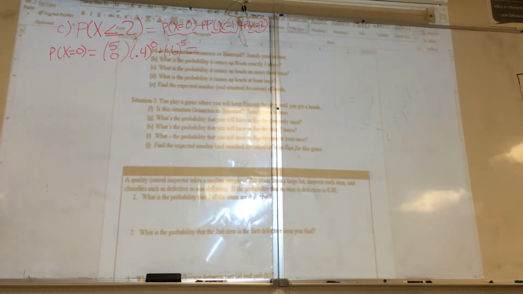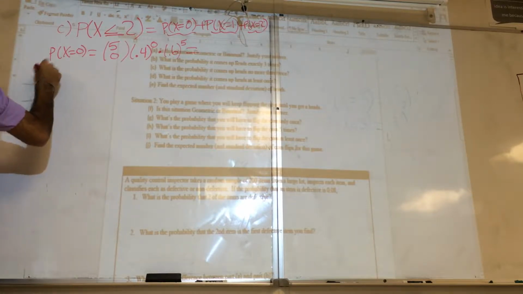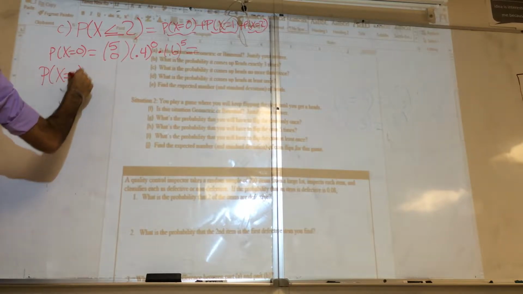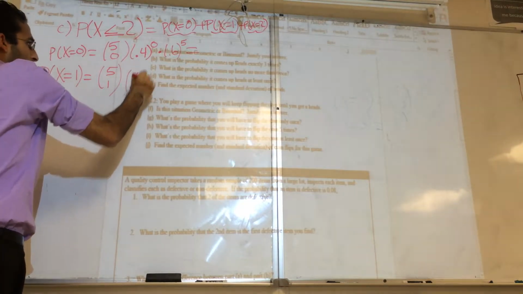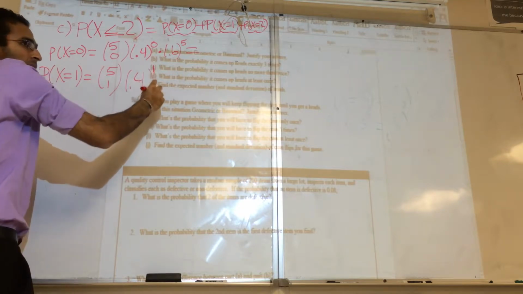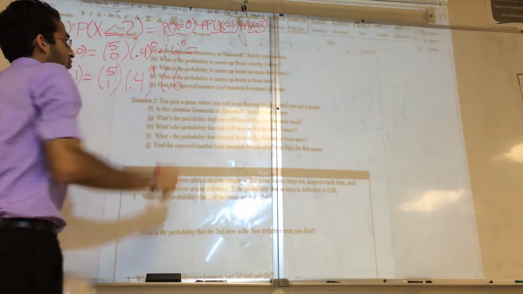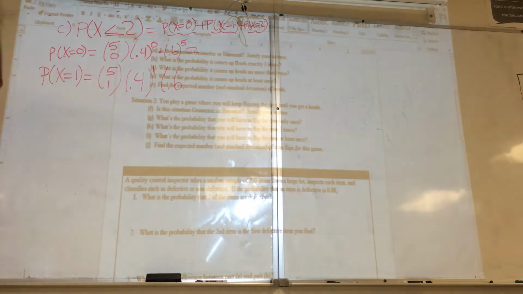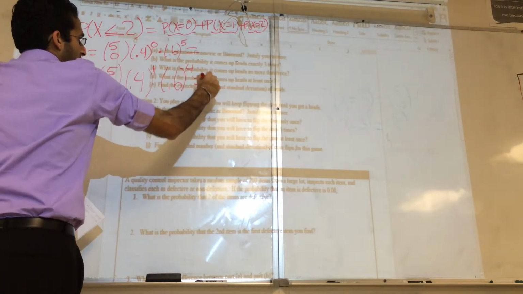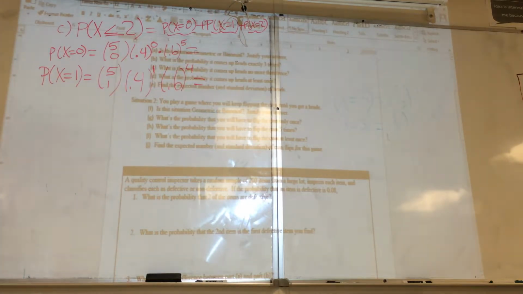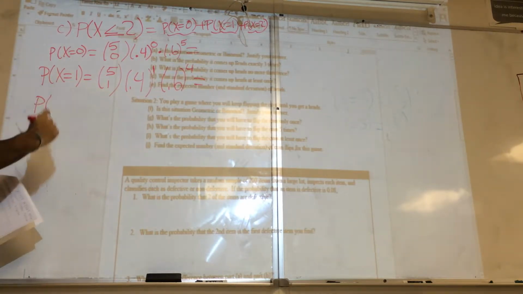Then you would have to do the probability that X equals 1. Well, that's going to be 5 choose 1, times 0.4 raised to the first power, times 0.6 to the n minus k, that'd be 4, equals something. And then you want the probability